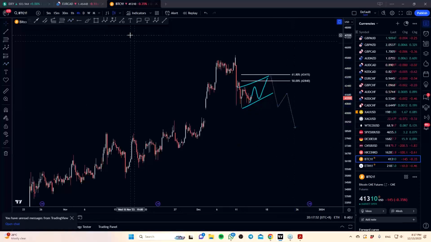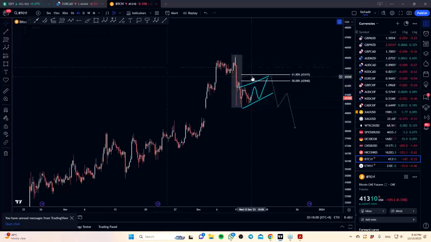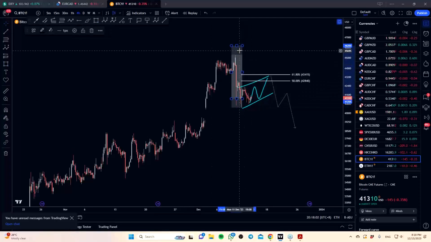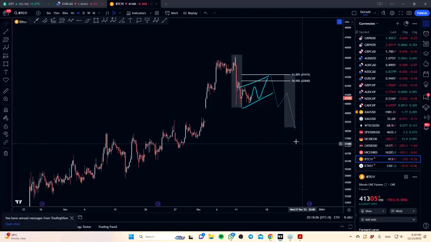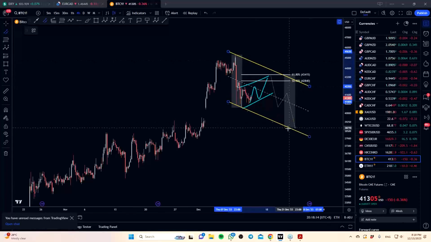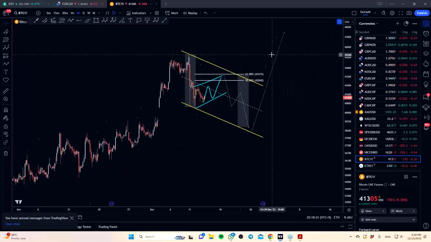How far can it drop? We can use another expectation called an equal leg. So if this drops here, then we can measure an equal leg and we can expect something like that. If it's going to be around the 50 and 618, then somewhere there. Once we get this in the short run, what you realize is we have a 3-wave move. From there, we can make an expectation that this will bounce back up.